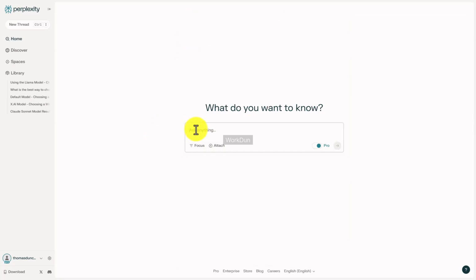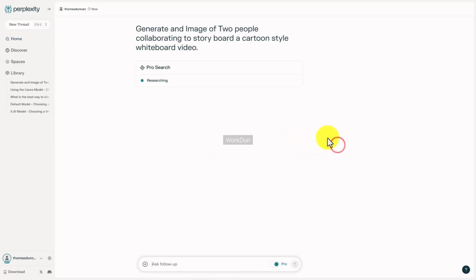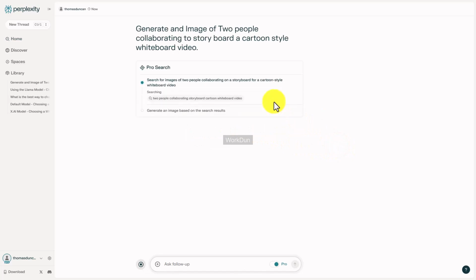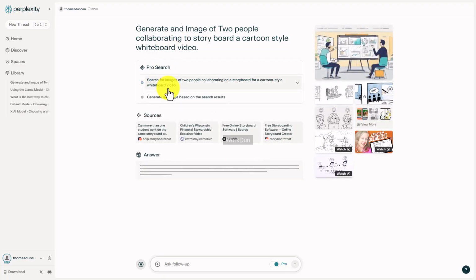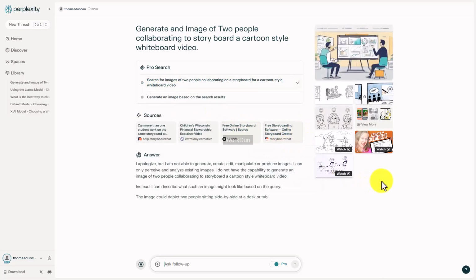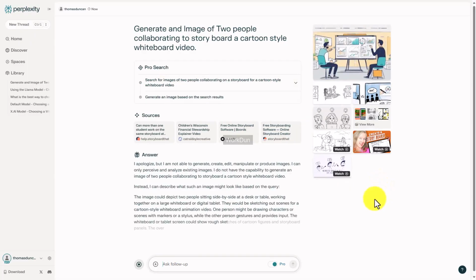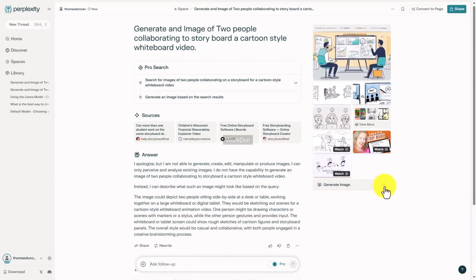We're going to ask for an image from Perplexity. When you come to the Home tab and you put in your query, one of the things you're going to notice is that the model will typically tell you that this is not something that it can do, which is generate an image. The image generation area will then come up on the right side here. And so what you'll need to do is go to this area in order to generate an image. So now that we've gotten the message from Perplexity, we then need to click Generate Image, and then